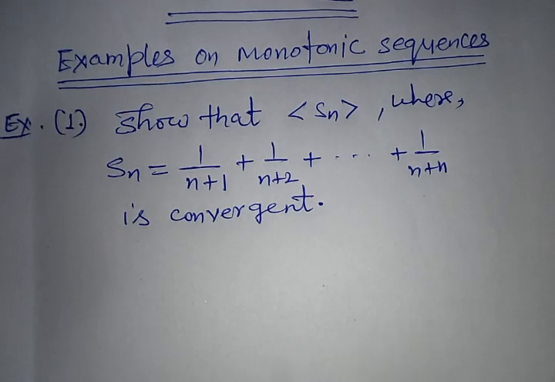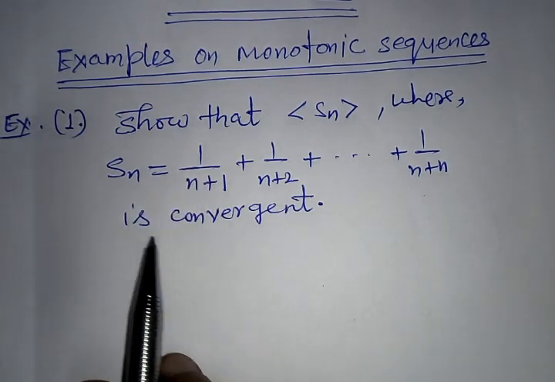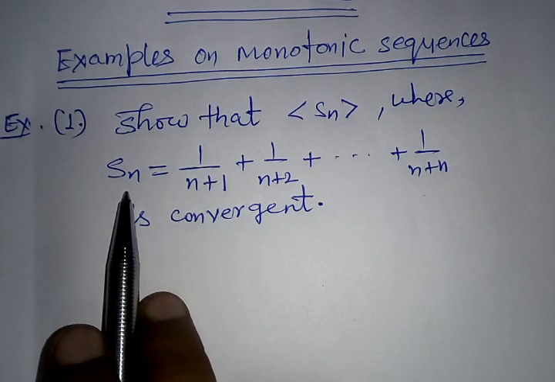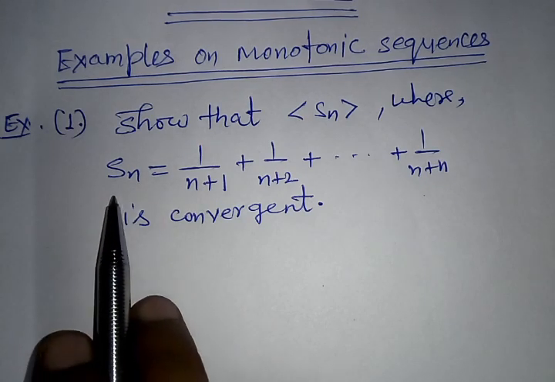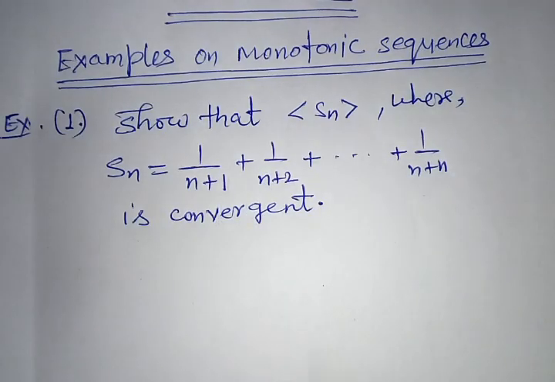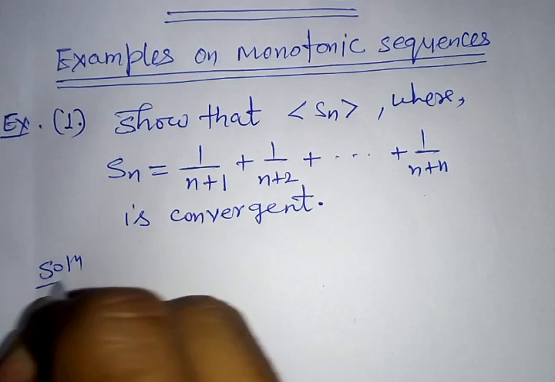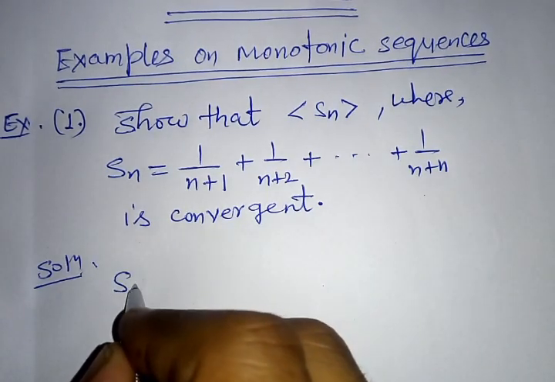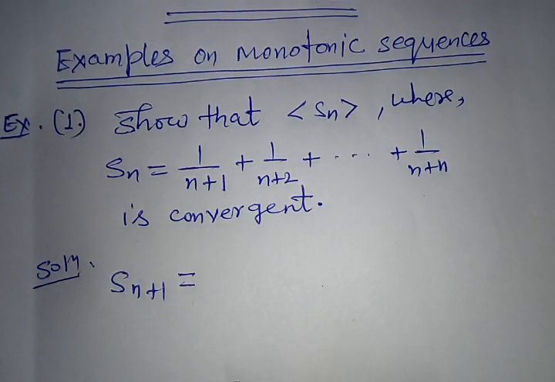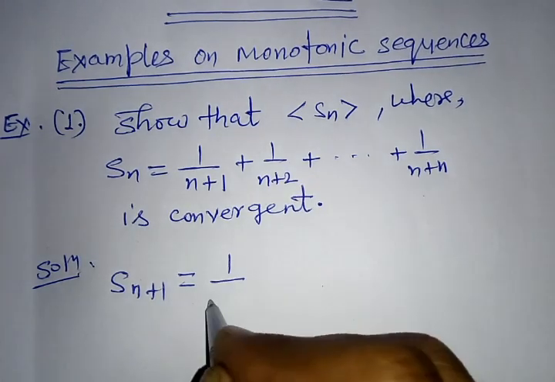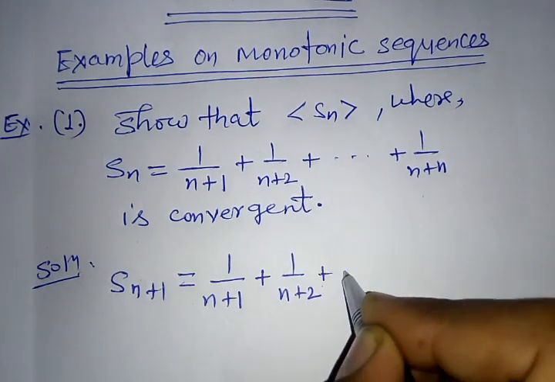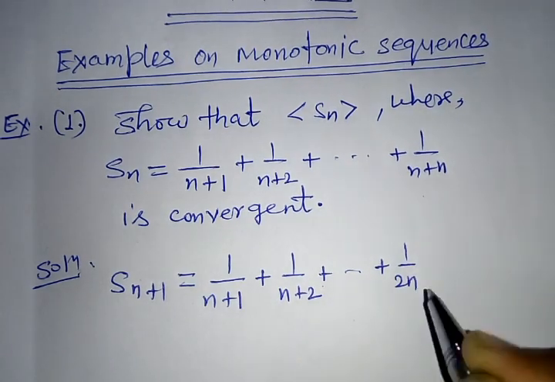So first I will try to find that either sequence Sn is monotonic or not, and if it is monotonic sequence then we will see that it is increasing or decreasing, and then accordingly we will establish this example. So solution: Sn plus 1 equal to what? 1 upon n plus 1, 1 upon n plus 2 up to 1 upon 2n